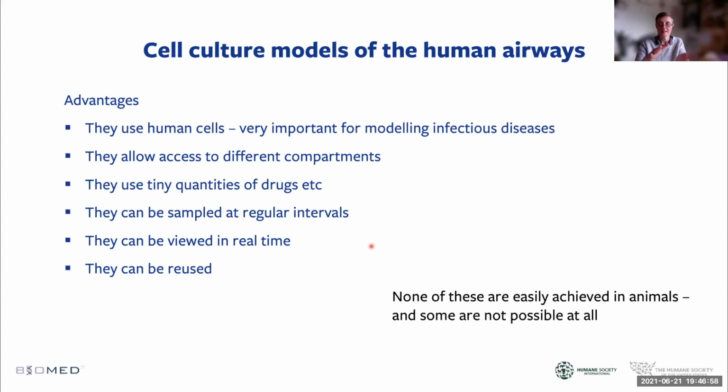So we can put sensors in there to measure glucose or oxygen or transepithelial electrical resistance. So we can be continually monitoring what's going on, which is amazing. We can view them real time, so we can do fantastic microscopy, we can reuse them. And not all of these features are possible in an animal model. So I think let's consider what the question we're asking is and work out how we can start to use